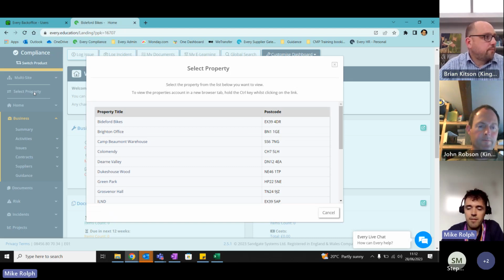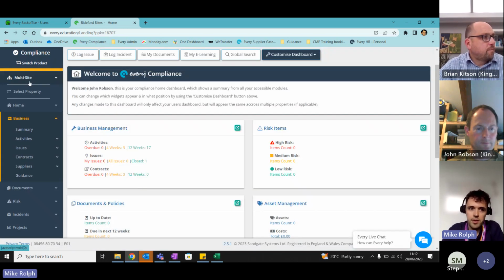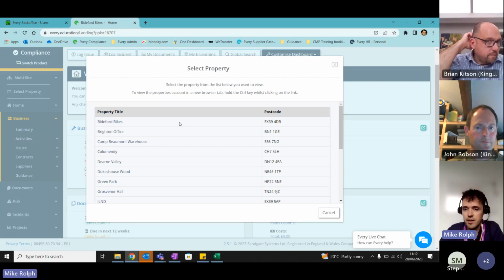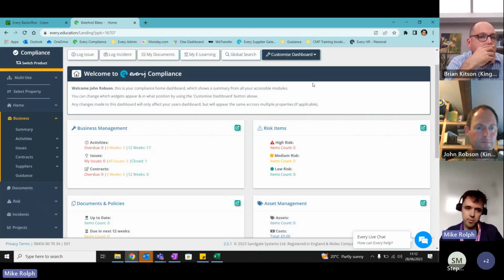So yeah, it's just because you have access to the two sides of the system. So you've got your multi-site area, which is at the top. That's kind of what it defaults to when you get logged in. And then if you want to go to the individual property, you need to select it from the list, really. Okay, perfect. So as I say, I'll do a bit of an introduction to the modules a little bit later on. But in terms of the navigation,